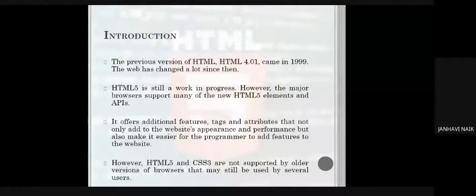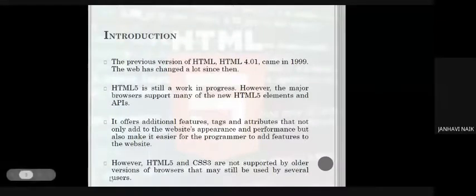Now we just have text, like we have an open angular bracket HTML and a close angular bracket. In the same way we have an open angular bracket audio, close angular bracket, and then the closing tag. Like that we have audio and we have video. It helps you to insert audio, and it helps you to insert video.